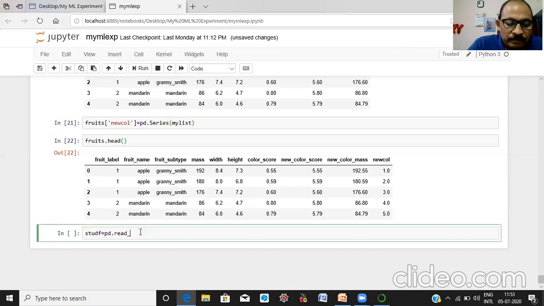Read Excel, the name of the data set is is2 data 1 dot, and the file format is Excel. Okay,